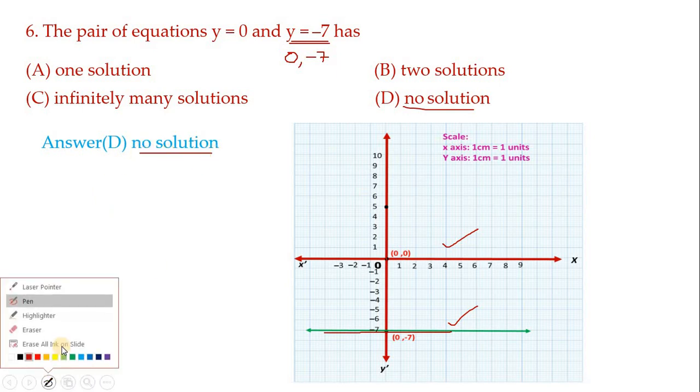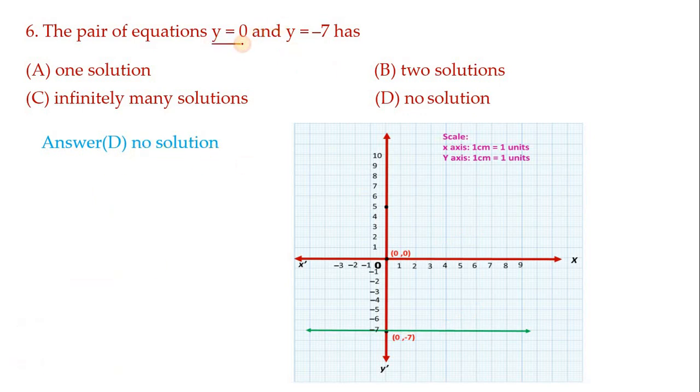And you can understand like this also, children. See here y equals to 0, here y equals to -7. Left hand sides are equal, therefore right hand side parts also should be equal. But here 0 is not equal to -7. 0 cannot be equal to -7. 0 is equal to 0 only. So when these two are not equal, we have no solutions. So you can do your mind work also for this problem.